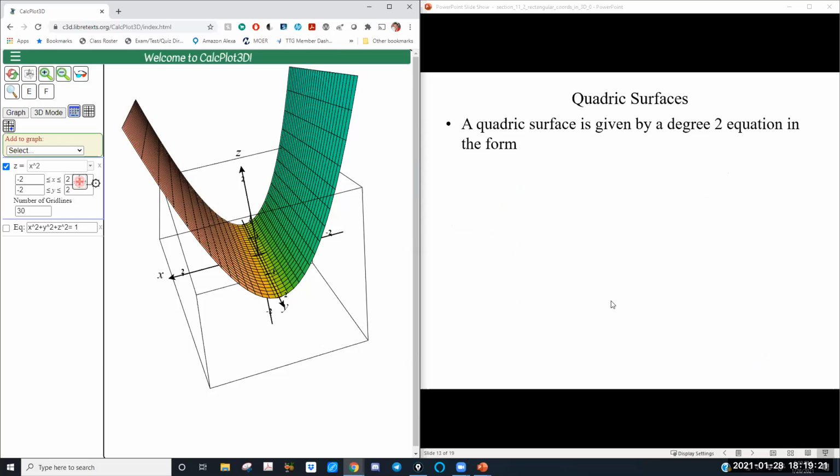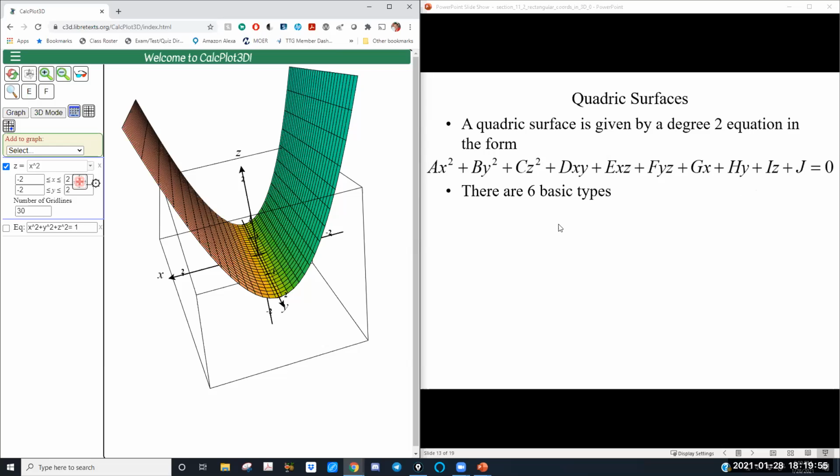Quadratic surfaces get pretty interesting because in multivariable calc, we have 3 variables to deal with, x, y, and z. Do not be overwhelmed by this, guys. You're not going to see a whole bunch that look like this, but this is the general form of a quadratic in 3D. If you remember back to algebra, ax squared plus bx plus c, we have to deal with interactive terms now in multivariable calculus, and that's why there are so many.